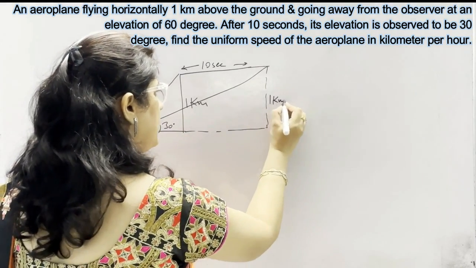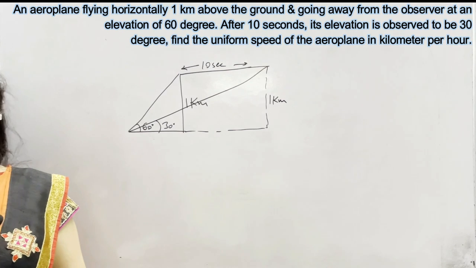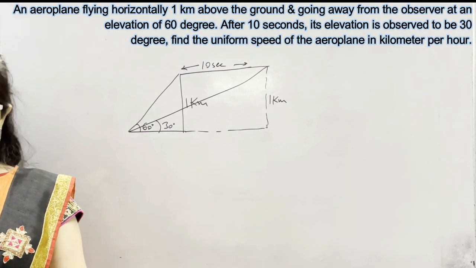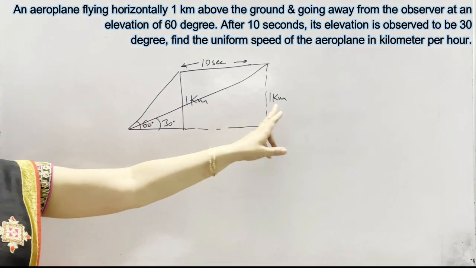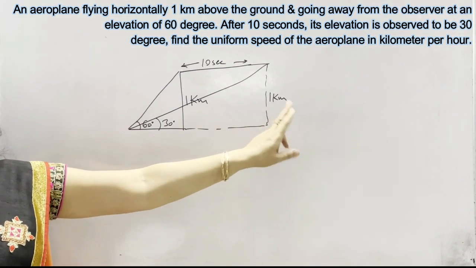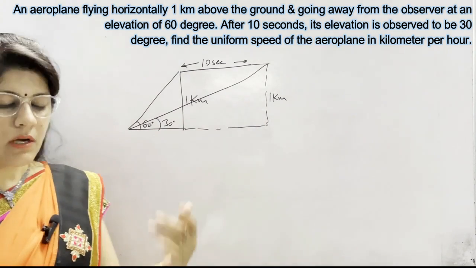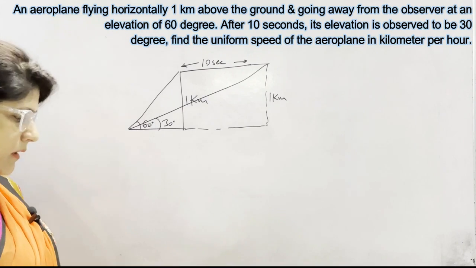Height remains same 1 kilometer but angle changes to 30 degree. Find the uniform speed of aeroplane in kilometer per hour. Here height is already given in kilometer and we need to give the answer in kilometer per hour. So we can take as it is values in kilometer. Now